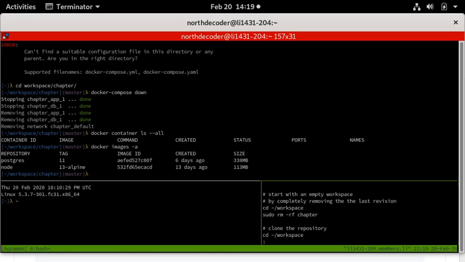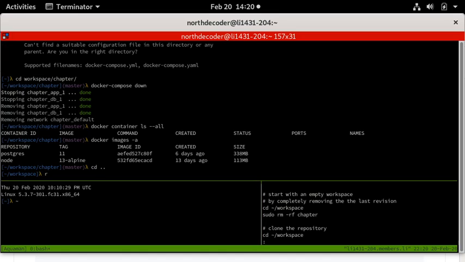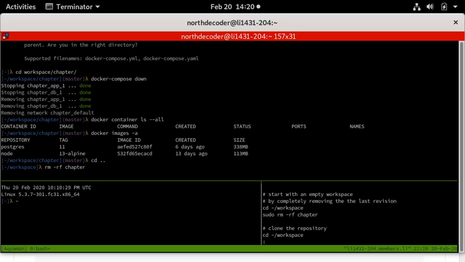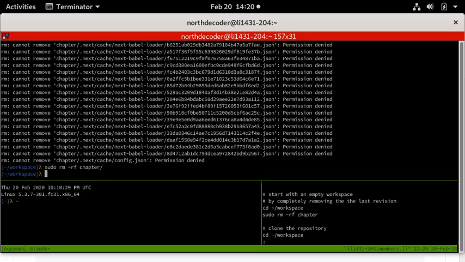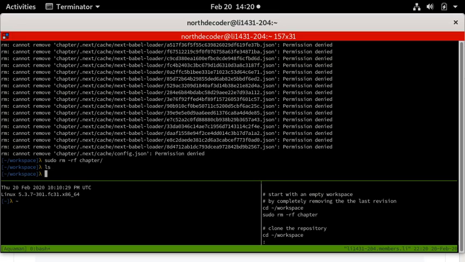And we'll also note that I'm in chapter right now, and which means it's not clean. It's left over from the previous test. So I want to remove, and I know from experience that if I do, well, let's try it. If I just do that and ask to remove chapter, it will remove most of it, but it'll say that it can't remove some of that stuff because that's probably in a root folder. And so if I add remove, that will permanently remove it. So now my workspace is clear,